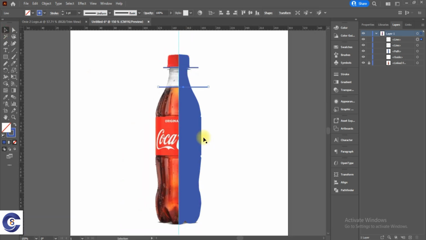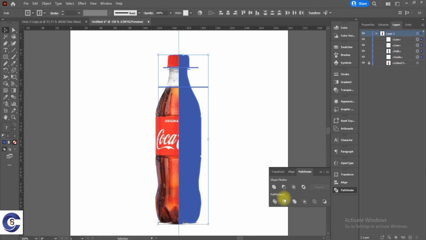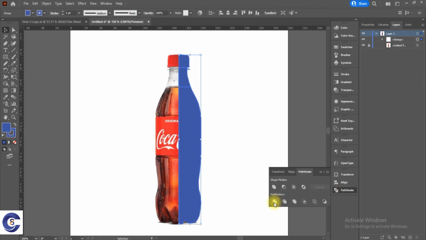So when I'm done with this, I'm going to select all, get to my Pathfinder. I'm going to click the divide. Right now that I've done this, I'm going to click A, direct selection. Now I can click all of this, right? Don't forget, it's still a branding process. We are doing this for let's say a brand, only two